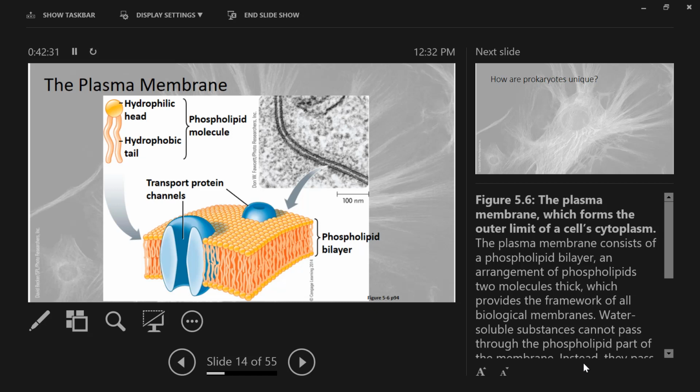But why is this overly simplified? We've only got one type of transport protein. What you find is that most of these transport proteins are specific for a very specific material. So there's some that are specific for glucose and some that are specific for some other polar sugar, like galactose. This is good stuff. You're going to love this if you don't already. All right. Any questions about that?